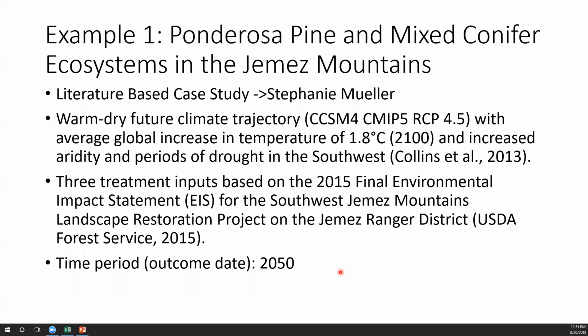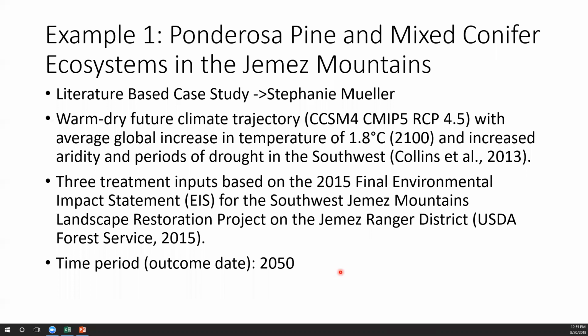For other systems, you might have more expertise in the management community or with experts. And so you should be able to use both types of information with this tool. The first round of case studies that we're doing, we are trying to assess how well we can assess things